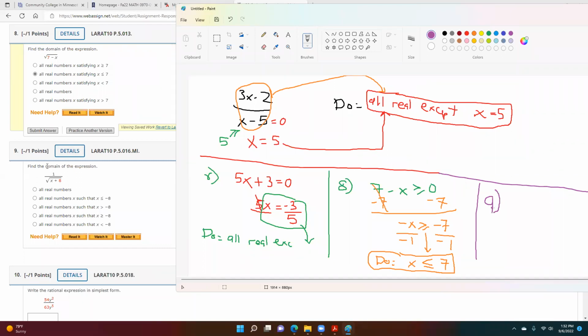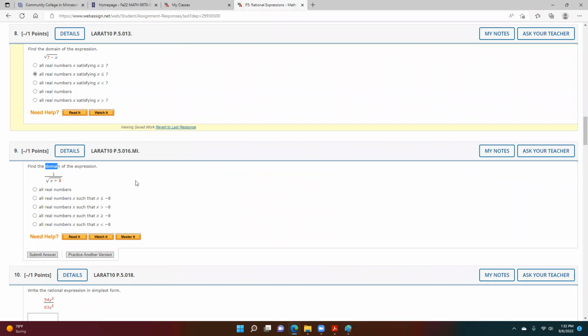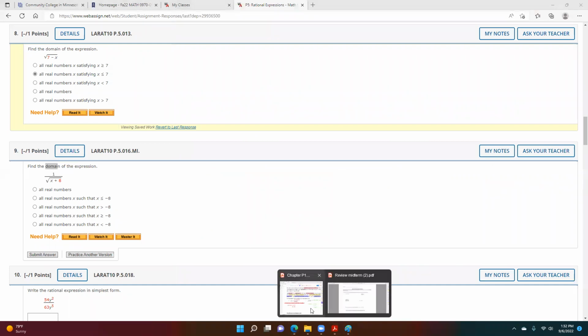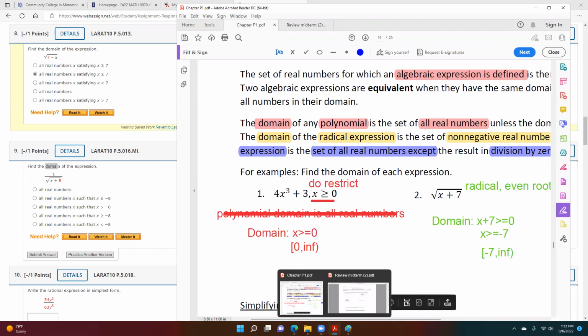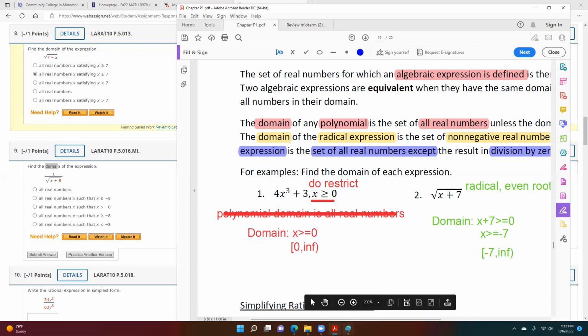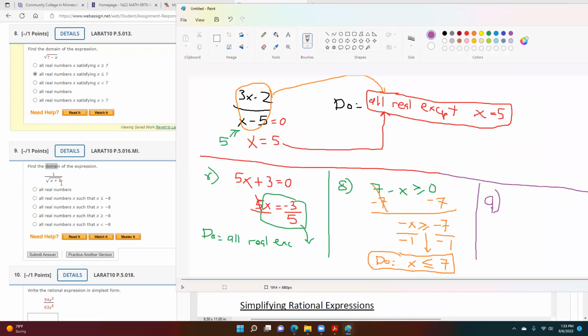The last one is question 9. This is finding the domain for this question. Now, this one is a special case. Why I say number 9 is a special case is because it consists of a radical and it is also a rational. This is actually a radical rational expression. A radical is because it has a root. Rational means it is a fraction. So when you have a radical and rational together, like this case, we will concentrate more on both the square root and your denominator. As you know, this square root is in your denominator,